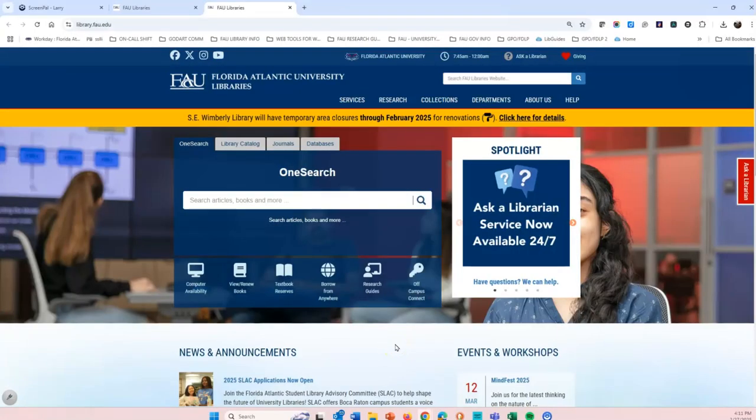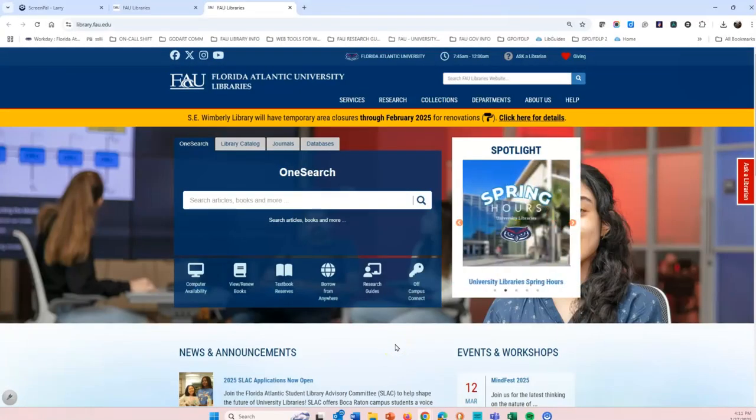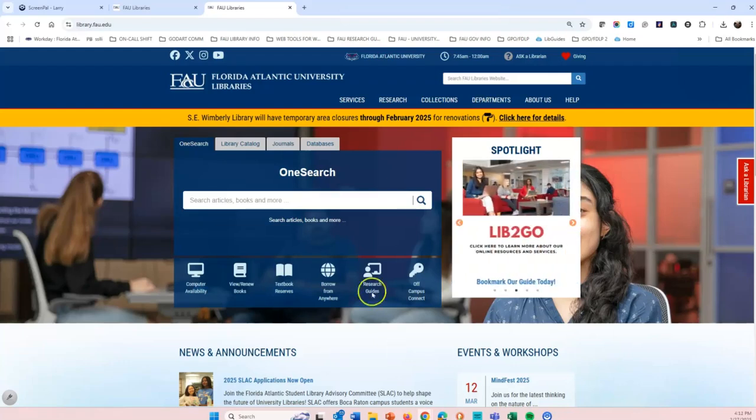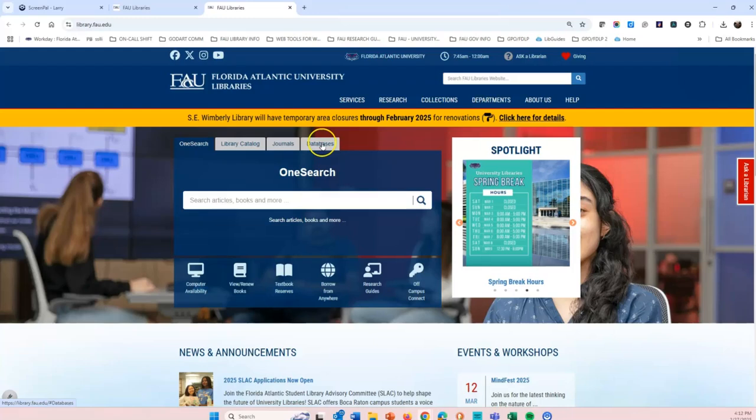Let's go use OneSearch and do some research, shall we? If you remember from video 2, when I was talking about navigating the library's webpage, OneSearch is our default search engine, which searches across all our platforms, catalogs, journals, and databases,